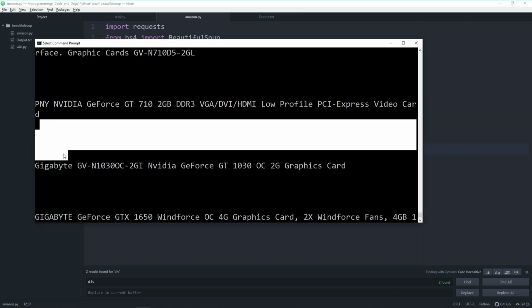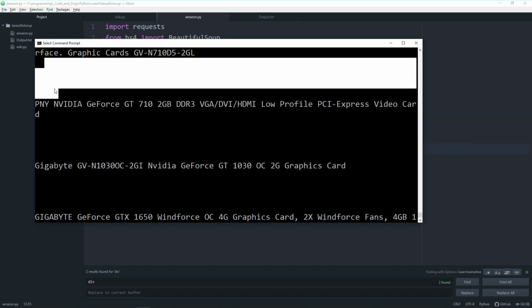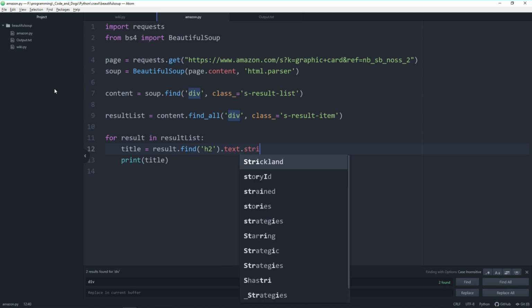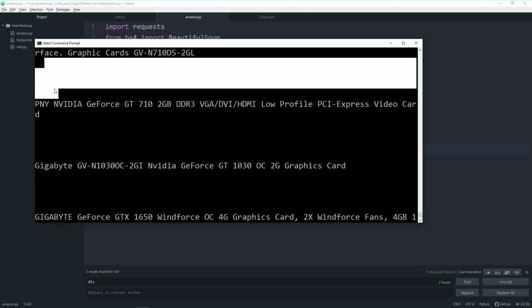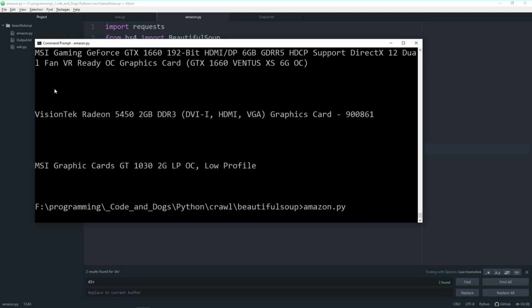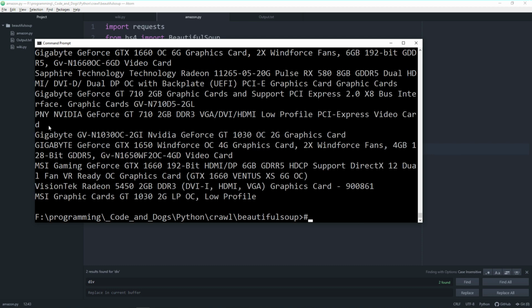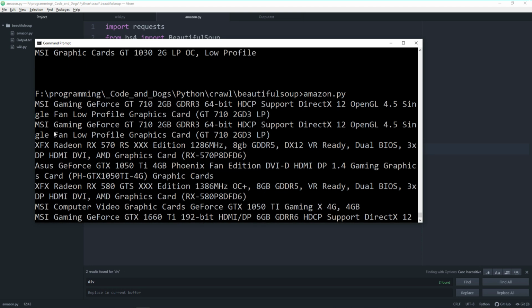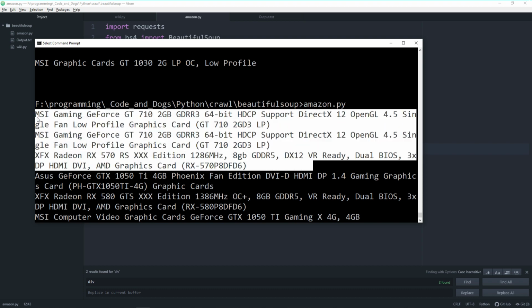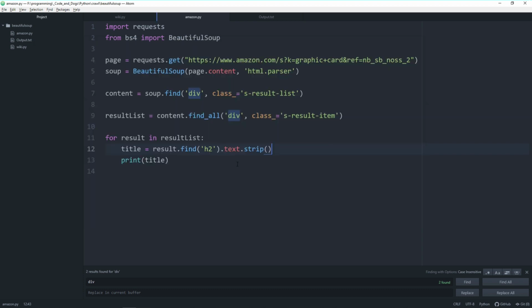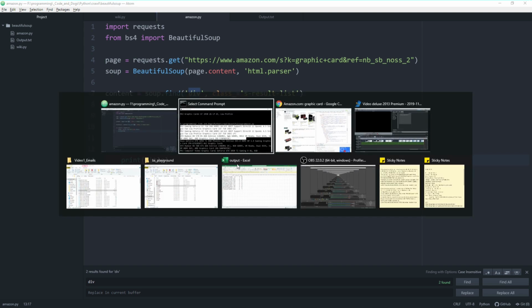But there's a lot of empty space in between. And we can get rid of it with a dot strip. So this is a standard Python string functionality which deletes the empty spaces here. And this looks already quite promising now. So we get all the names here without annoying empty space. Let's save our file and let's move on to the next one,